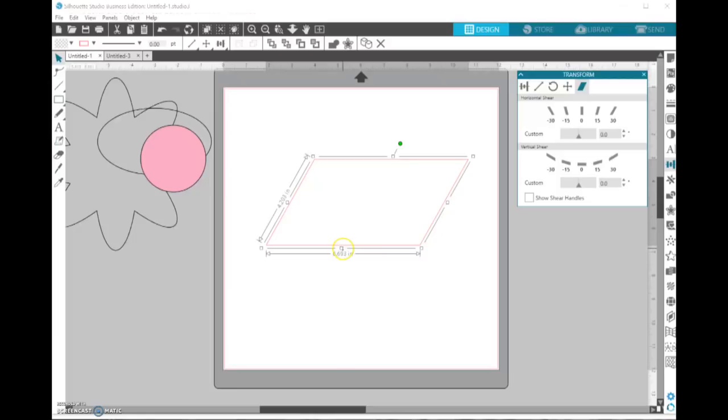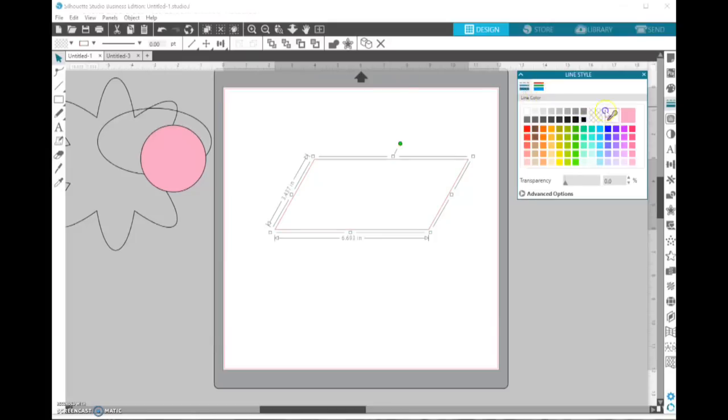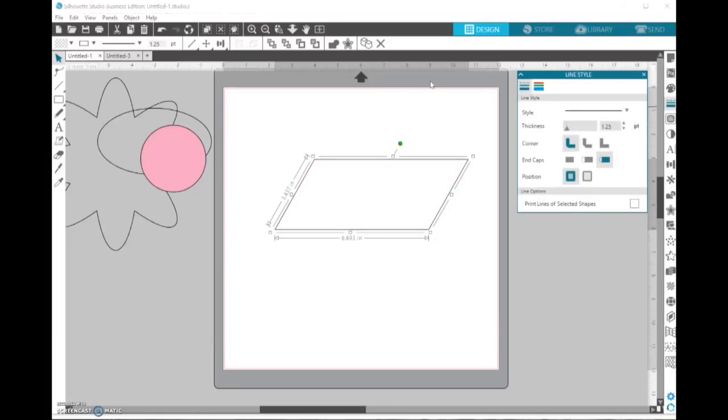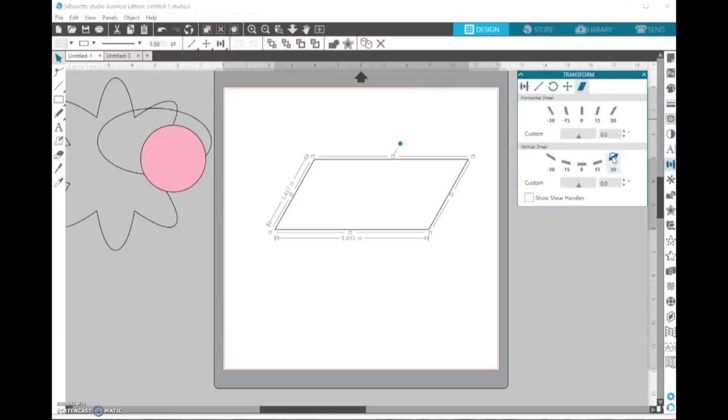And let's make this a little more narrow. I hope you can see it because I didn't change my line style. Hopefully you can see that better. Let's go back to the transform. On that shear panel, look what happens when